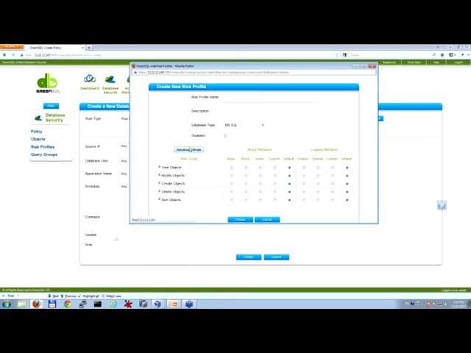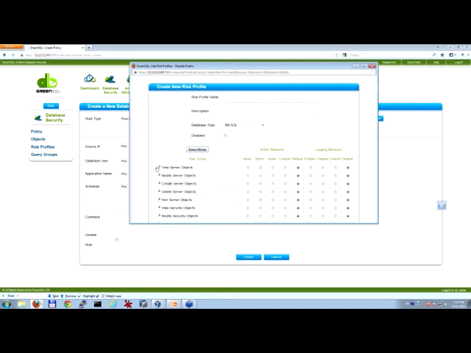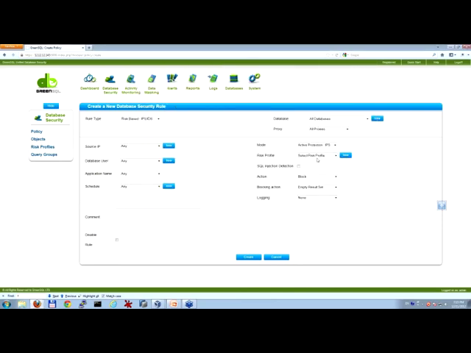I can go to advanced mode in order to see much more information. For each command, I will also have an explanation of what exactly this command is running. But besides the option to create and manage a risk profile, I have the option to detect and block regular SQL injection commands, according to the mode I'm running the system in.